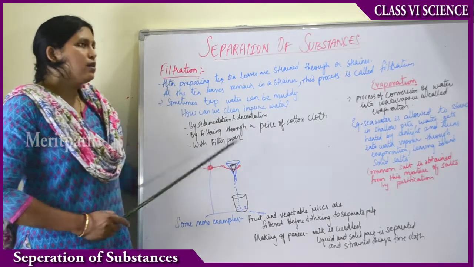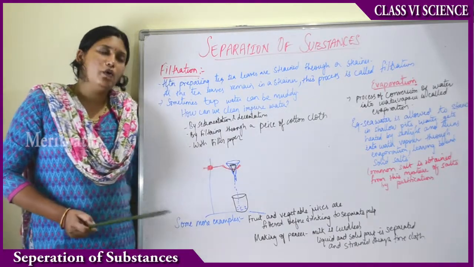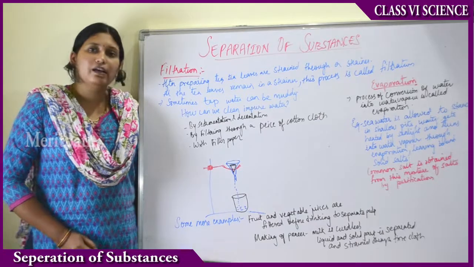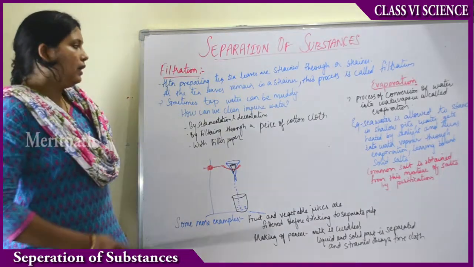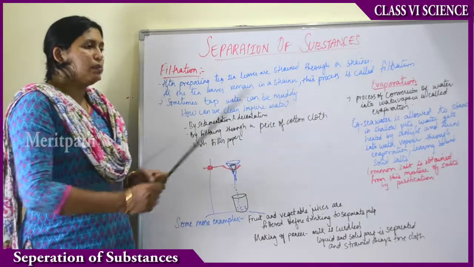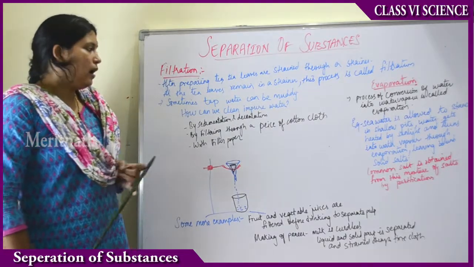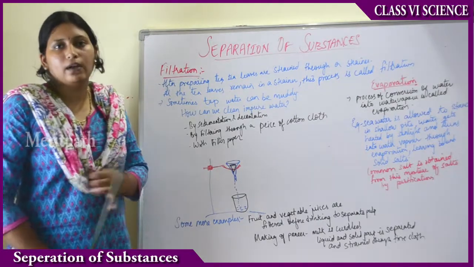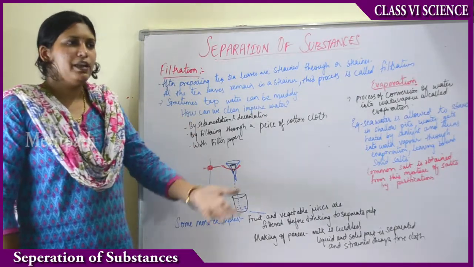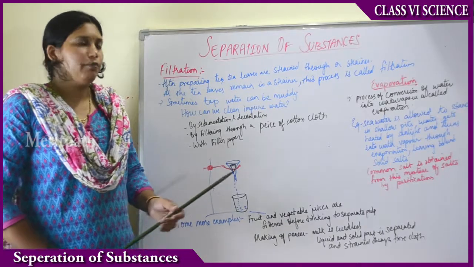Sometimes during the rainy season, the municipal drinking water supply that we get will be muddy, brownish in color. In that stage, the tap water can be muddy during the rainfalls. And then what can we do to clean that impure water? Definitely we do the filtration process. So in how many ways can we filter that muddy tap water?